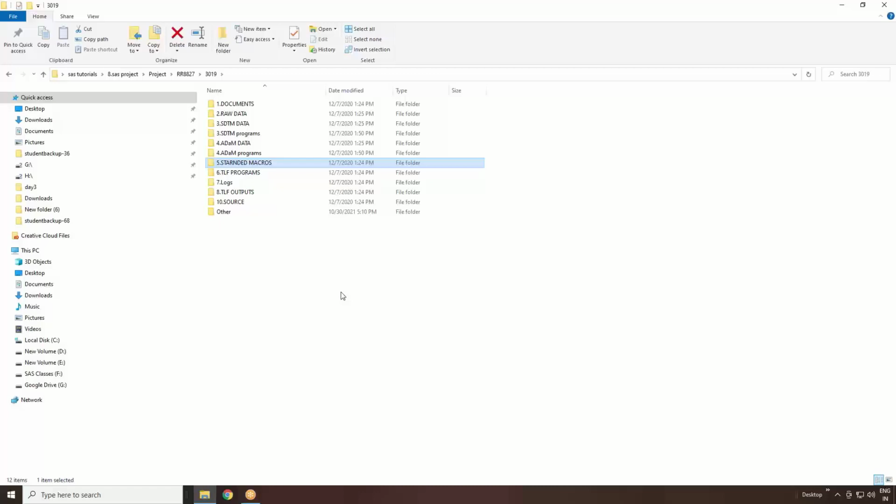So what we do is there will be a macro called a standard macro, or maybe we can call it a setup macro. The code written inside that macro automatically connects the particular libraries, whatever is required. So let's say you are starting with SDTM data, all the raw data sets are automatically connected if you run that standard macro. You don't need to write a separate libname statement and all, it is not required.